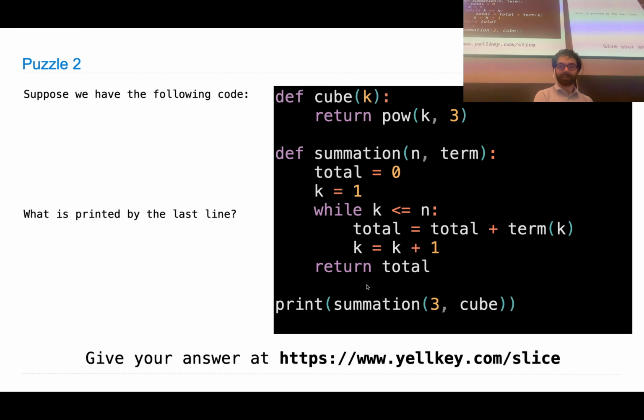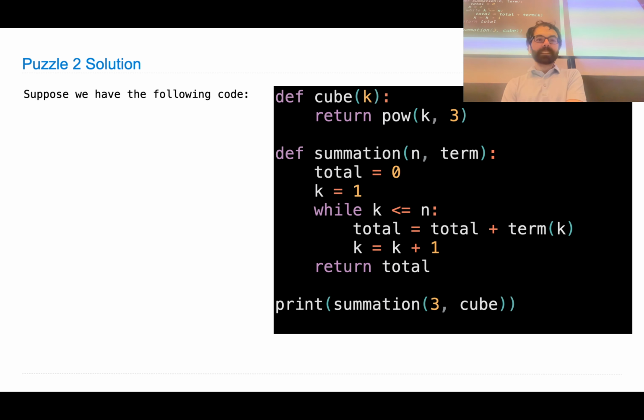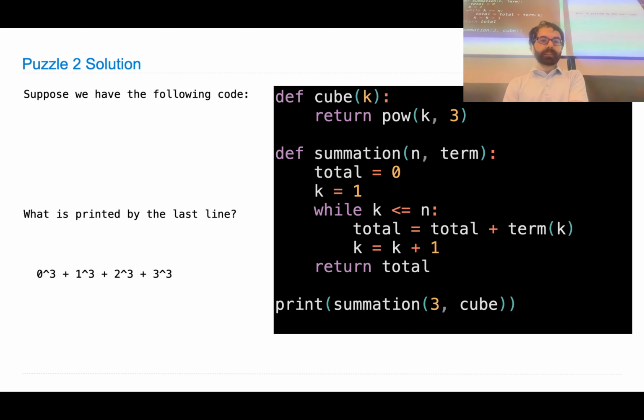So you might have sensed roughly what it's supposed to do without being able to follow it closely, but the basic idea is that it is going to go through all the k's from 1 to 3. I shouldn't show 0 here, sorry. So the first time through this loop, it's going to say the total is equal to the total plus term of k. But what is term?